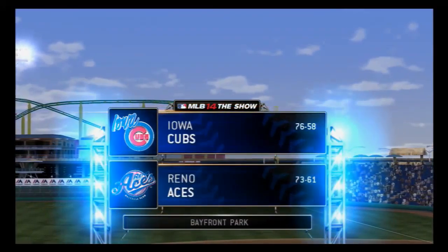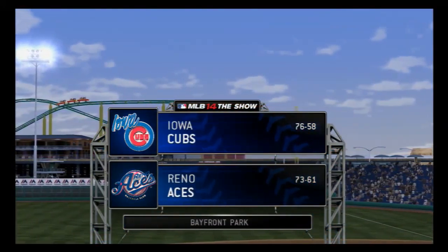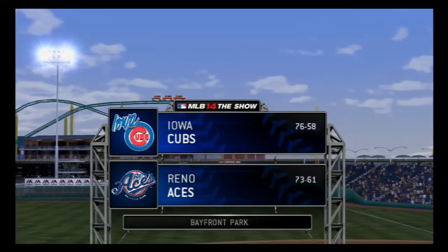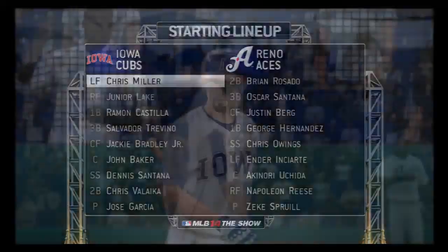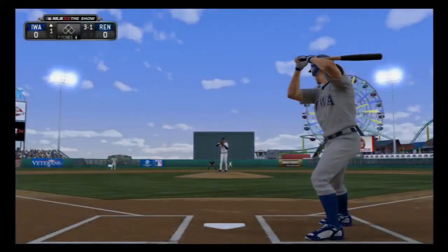MLB The Show's coverage of minor league baseball is on the air as we continue our tour around the minor leagues. And before we close in on first pitch, a look at the starting lineups here for the finale. Chris Miller makes his way to...